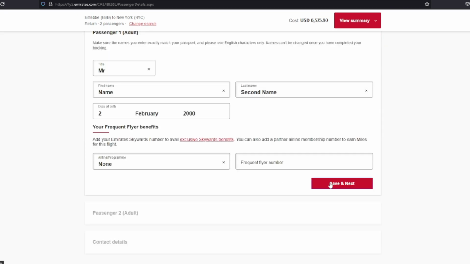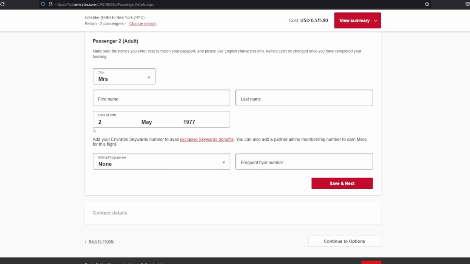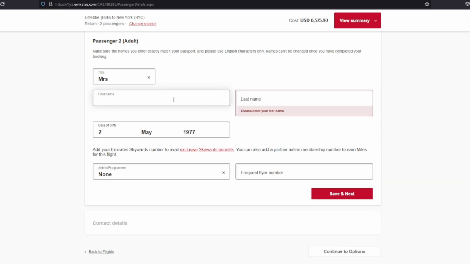Don't have any. Select. Now we are getting down to the prompt for the second passenger, which is Mrs., also born in 2 something, and make her a little bit older. Airline program again none. So I think we filled in the